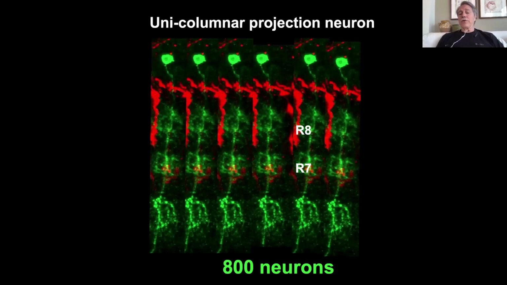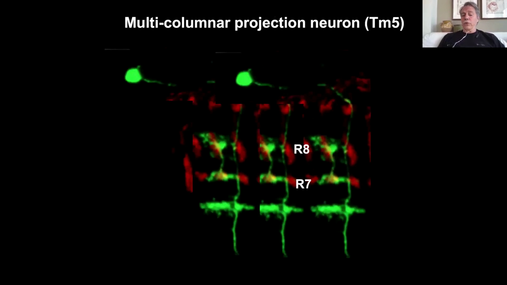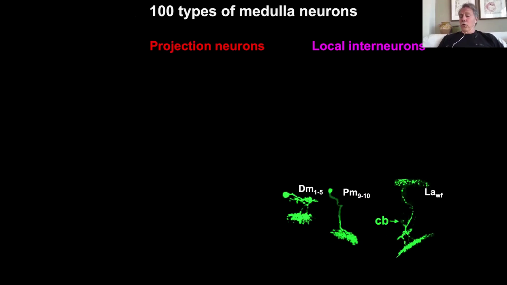But then you have neurons that compare the different pixels. Basically, they have a larger receptive field that contacts multiple columns here. So they are called multicolumnar neurons. And in total, you expect to get quite a lot fewer of those neurons to cover the receptive field of the fly, something like 75 neurons. So if you do that over and over again, you can define a large number of neurons, about 200 in the whole optic lobe, 100 in the medulla, and they come in different flavors.